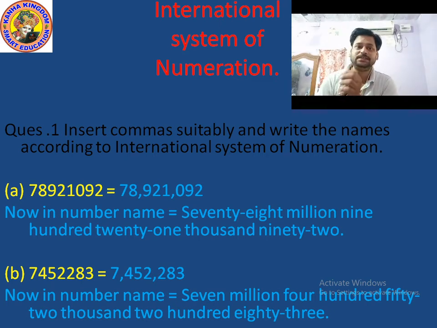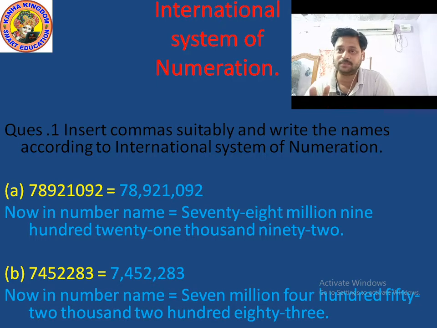Okay, now thousand period starts, and in thousand period again 3 place values. So which digit in thousands place? 2 in thousands place. Which digit in ten thousands place? 5 in ten thousands place. Which digit in hundred thousands place? 4 in hundred thousands place. Now thousand period is also complete. Millions period: in millions period only a single digit, and this single digit is in millions place. So which digit in millions place? 7 in millions place.